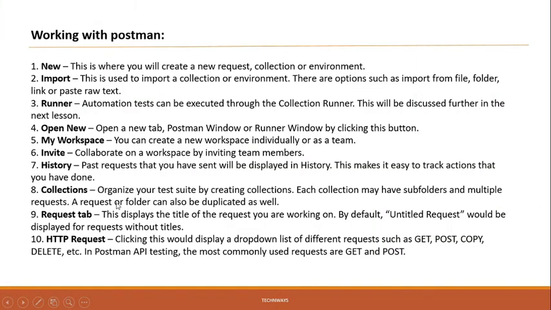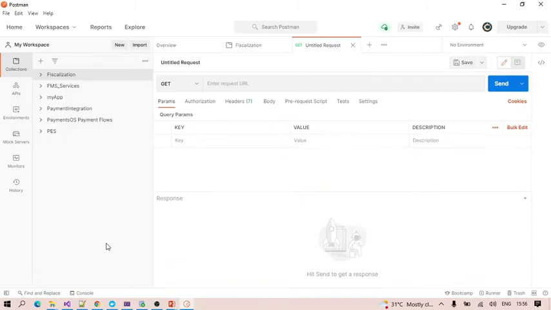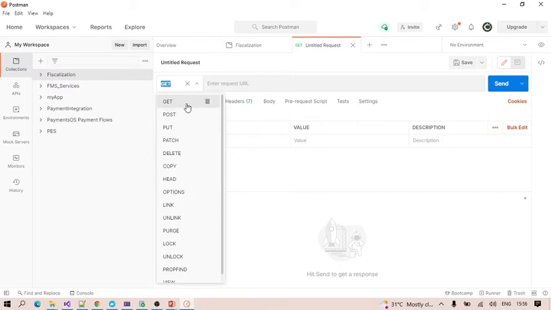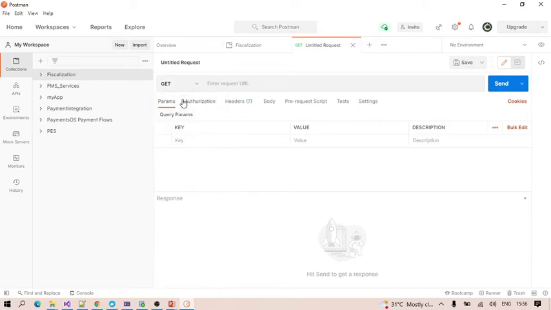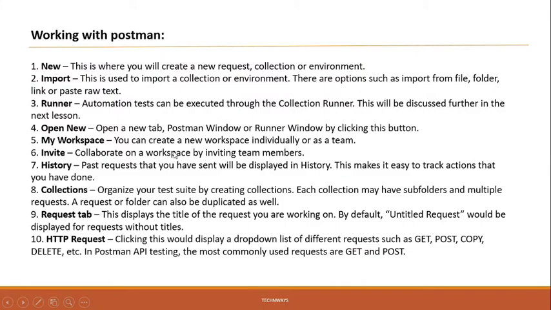I told you about collections, and the request type is HTTP request. Whether your request is of type GET, POST, PUT, PATCH, DELETE, COPY, whatever the type, you can select it here. I am keeping this request as a GET. So you can select the request type here.